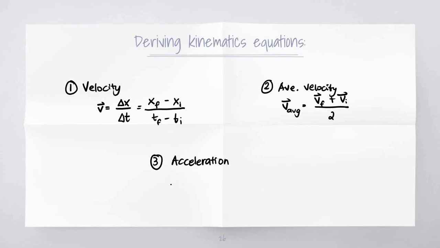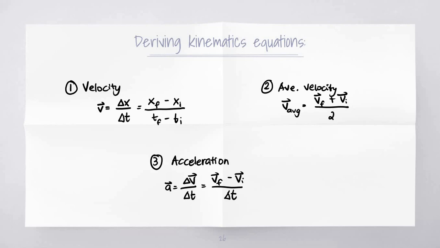So if we write it down mathematically, acceleration is equal to delta v over delta t, where delta v is the change in velocity, which means final velocity minus initial velocity, divided by time. Okay, so now that we have the base equations, we can proceed with deriving the